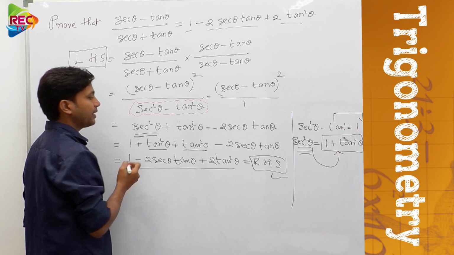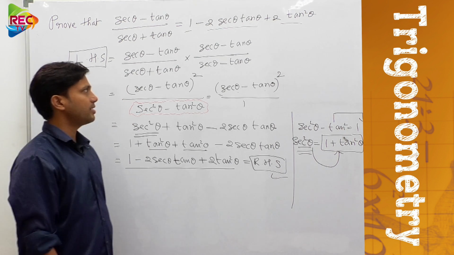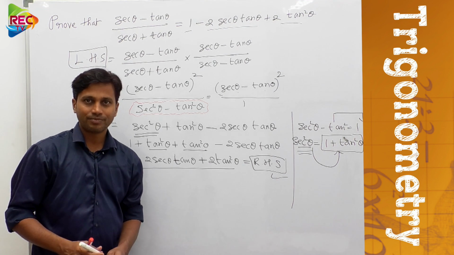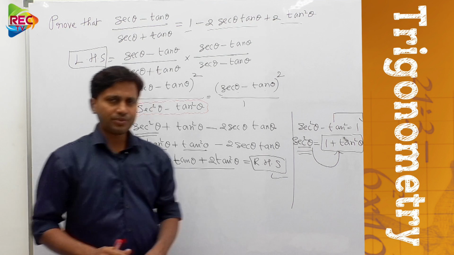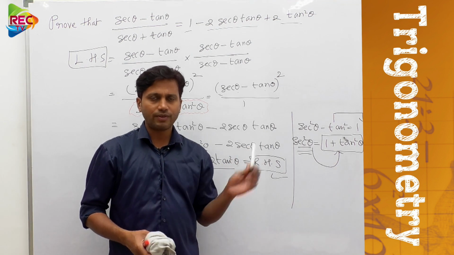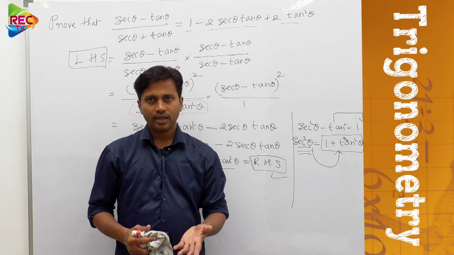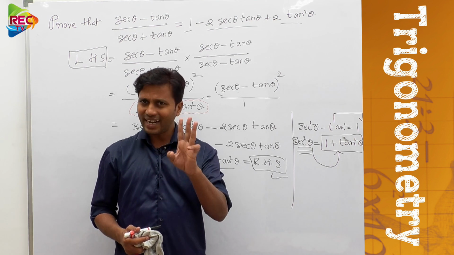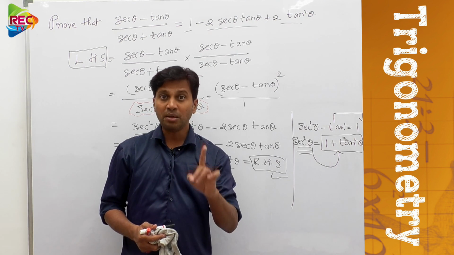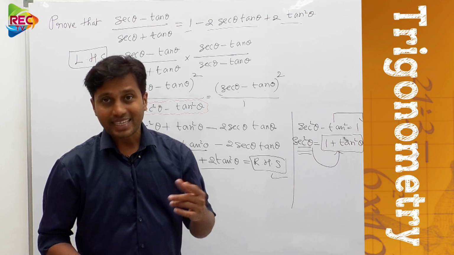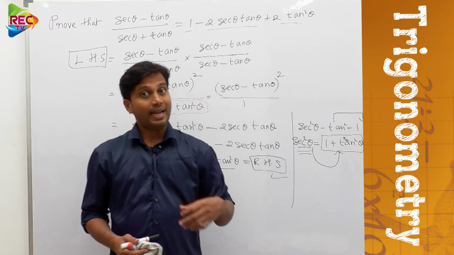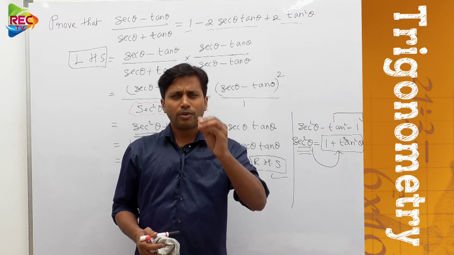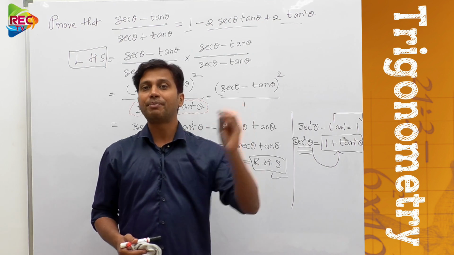So we finally obtained the required answer by just using the identity secant square theta minus tan square theta equal to 1. So from past videos and even now, whatever problems we are solving here, all are solved based upon what? Trigonometric identities, those 3 identities only. What are those? Sin square theta plus cos square theta equal to 1, secant square theta minus tan square theta equal to 1, and cosecant square theta minus cot square theta equal to 1. So that means problem solving is so simple if you have a basic concept.